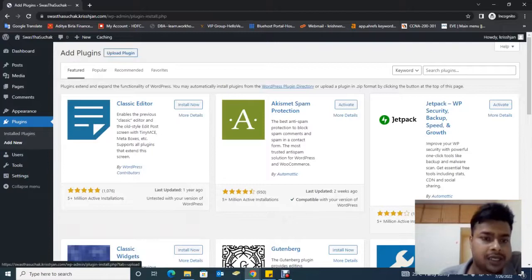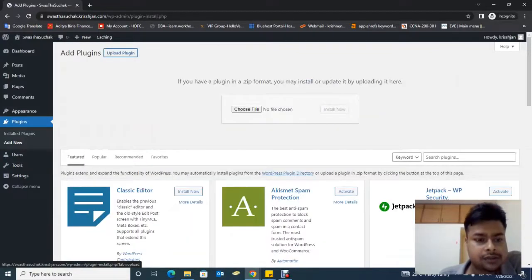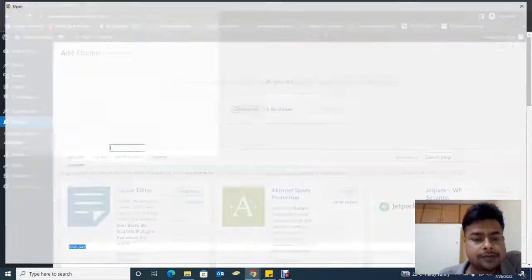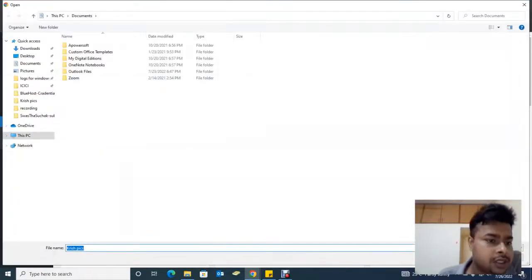Okay, upload plugin, choose file, and I have already GP themes. So if you don't know how to purchase, you can go to the GP site and you can purchase there. So I have already GP file, so I go to my